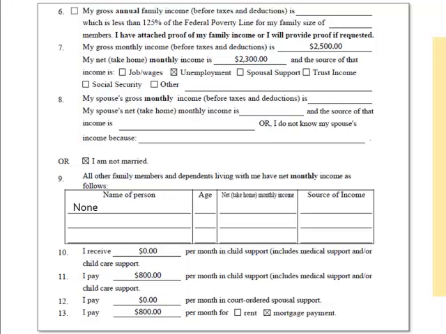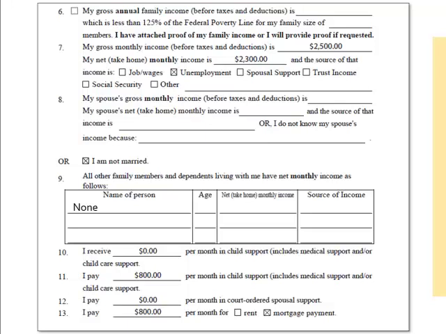Generally, if you get public assistance, have a pro bono attorney, or have gross annual household income that is at or below 125% of the federal poverty guidelines, you do not need to fill out questions 7 through 16. But be aware that depending on the situation, you may still need to answer those questions and provide that information. The judicial officer can also waive all or part of the fee based on your income, expenses, debts, and other